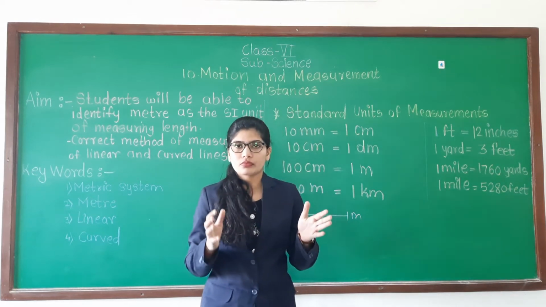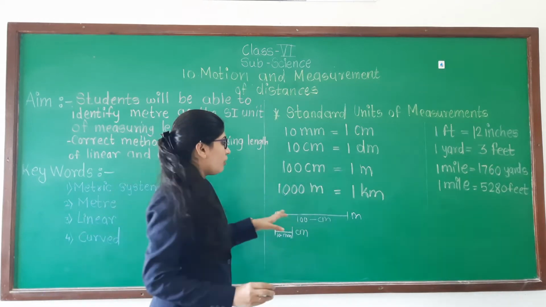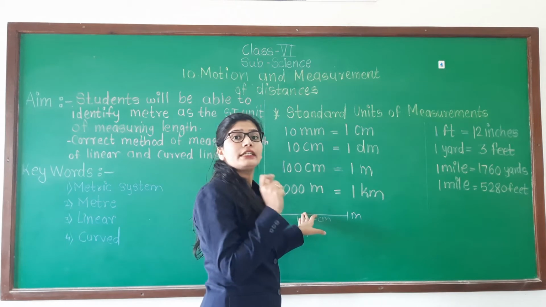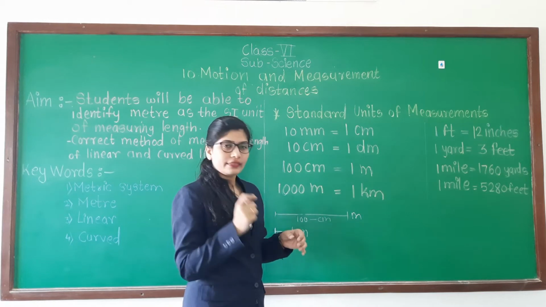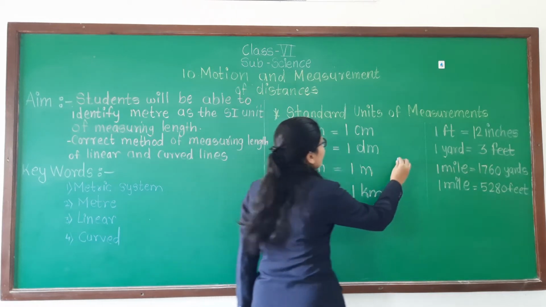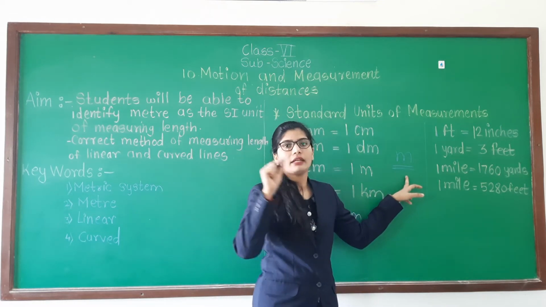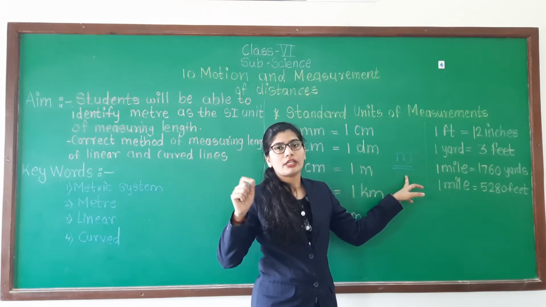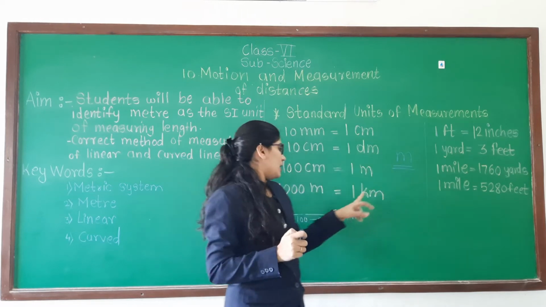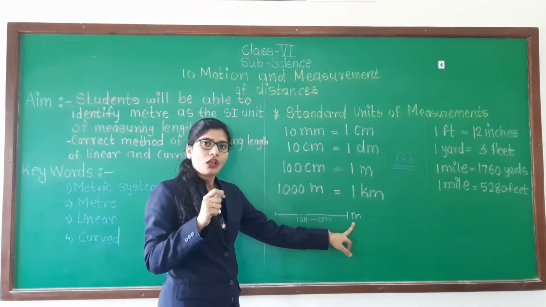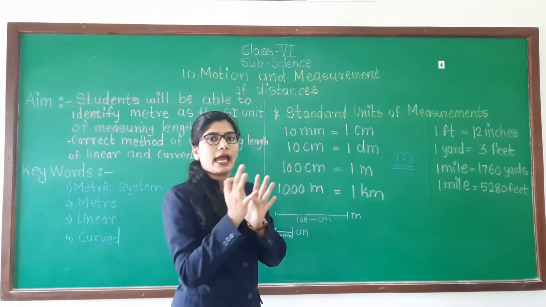And normally we measure length in meter. So what is the SI unit of length? Meter, METER or METRE. And meter is denoted as m, meaning 10 m, 20 m, 25 m, like that we write the measurement of length. Not only meter, we use centimeter also. So first we will learn the difference between the meter and centimeter.